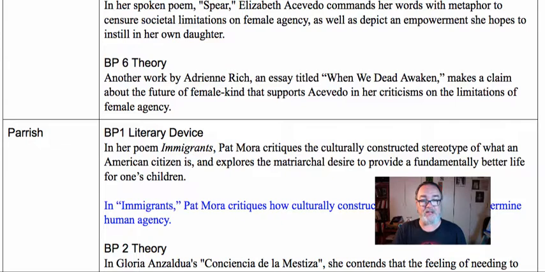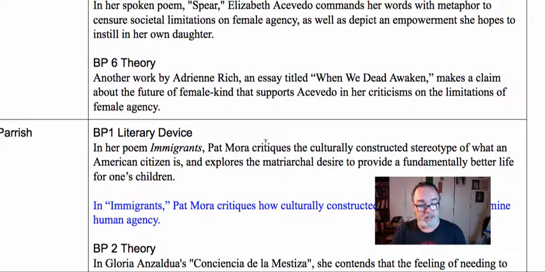This is from Parrish. He had a first draft sentence that I thought was a little vague and didn't really nail the pieces that we wanted. So he originally wrote, in her poem Immigrants, Pat Mora critiques the culturally constructed stereotype of what an American citizen is and explores the matriarchal desire to provide a fundamentally better life for one's children. I thought some really good stuff here, right? We've got that strong verb critiques,